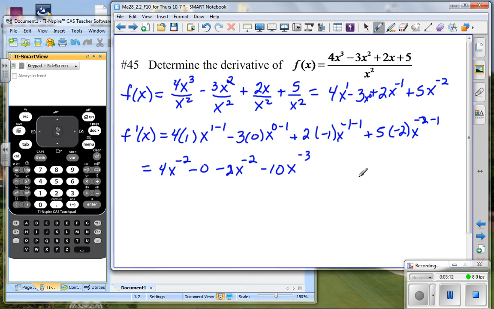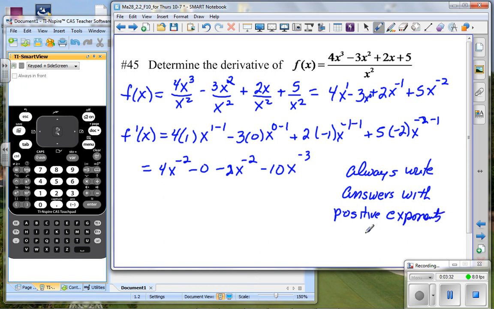I do want you to always write answers with positive exponents only. So our derivative we would give would be 4 divided by x squared minus,